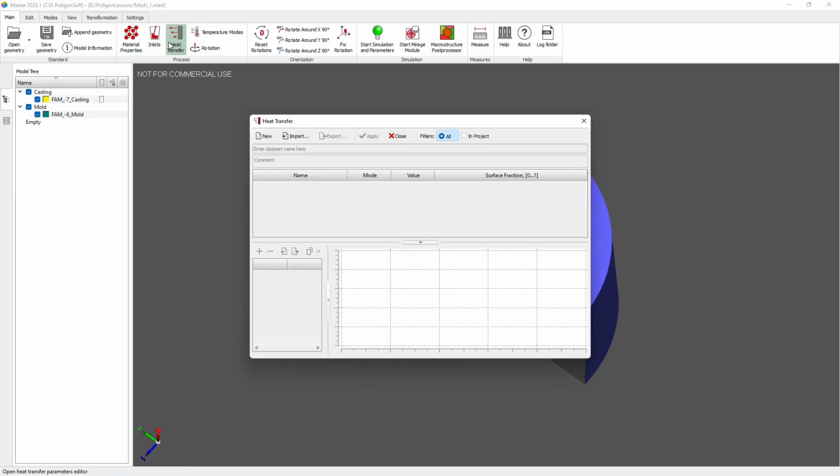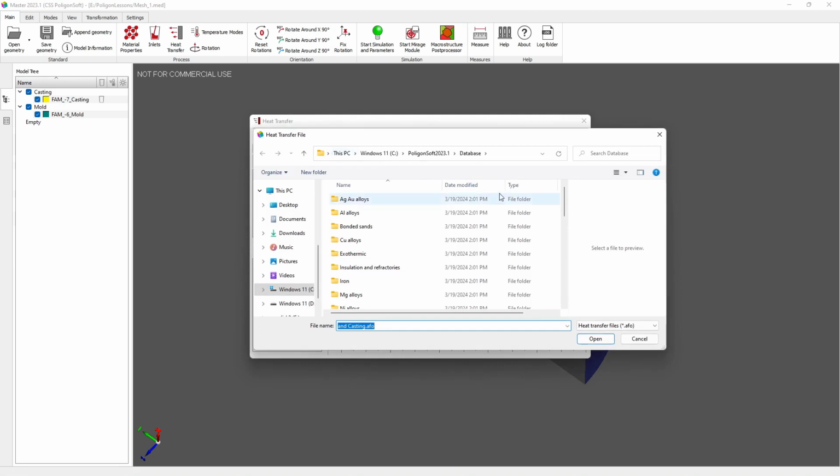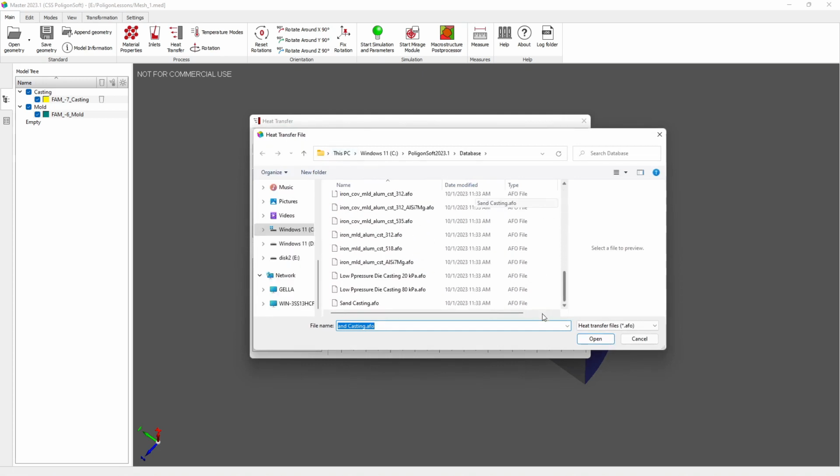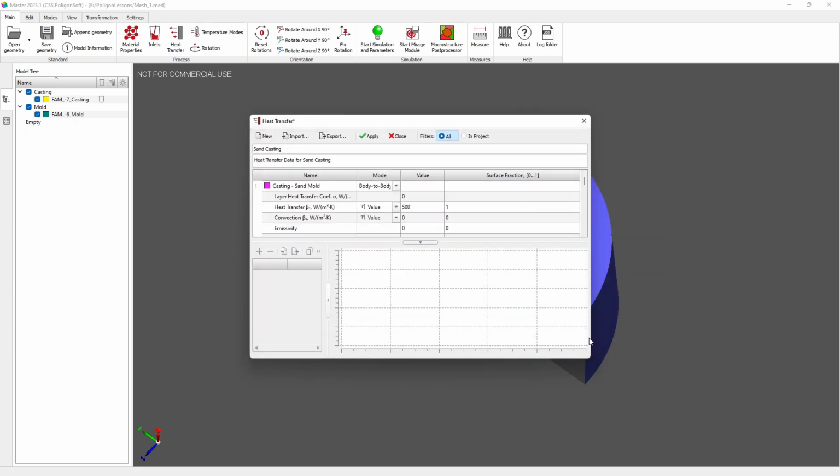To avoid having to set the parameters manually from scratch, we will again use the technological process templates. We select Import and find in the database a previously prepared template with typical boundary index parameters for sand molding. We open the file sandcasting.afo. As we can see, a list with 18 indexes opened, and each index was assigned parameters for a specific situation